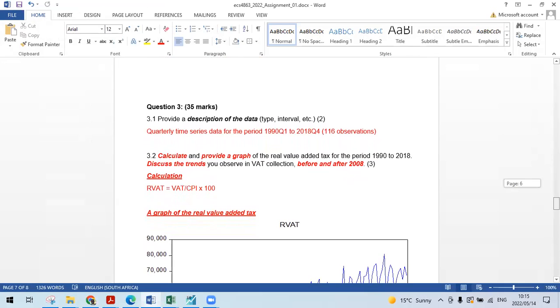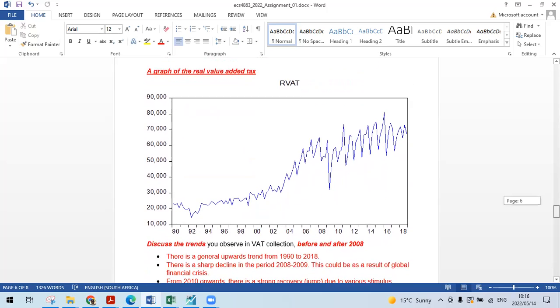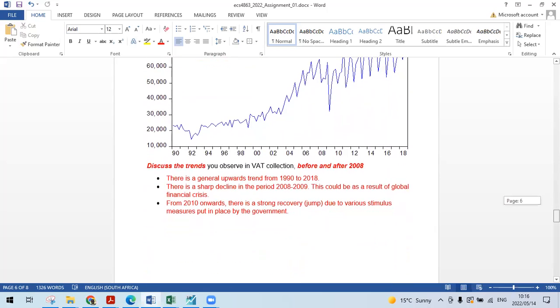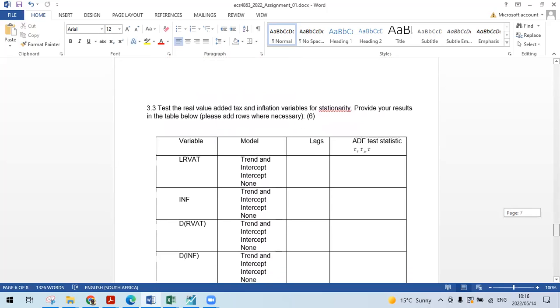So this was 3.1. They wanted us to provide a description of the data. We did that. They wanted us to calculate and provide a graph of real value added tax for that period. This is our calculation. This is our graph. We also discussed the trends that we observed in VAT collection before and after 2008. This is what we are having. Right? Now we are moving to